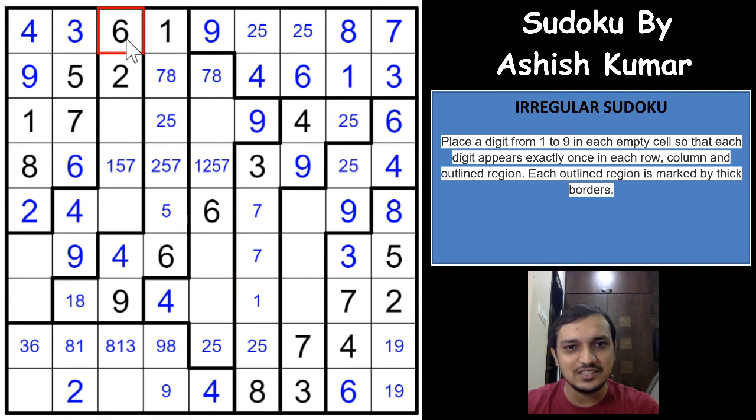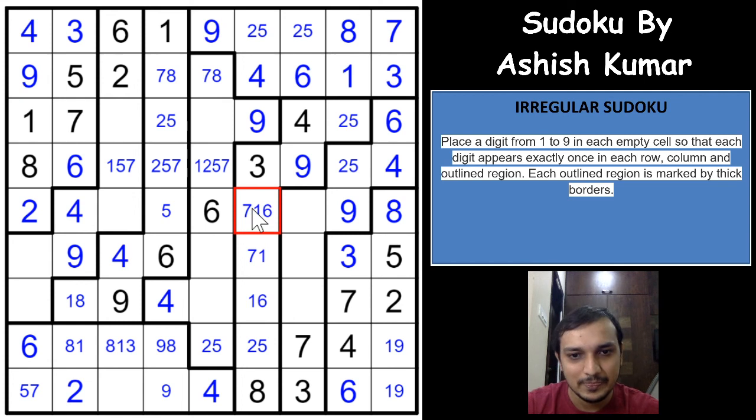Or maybe we can directly see that because of the 6 here, there cannot be 6 in these two cells, and because of the 6 here, 6 has to be here, right? Thank God we have found that. And because of the 6 here, the 3 digits here are 3, 5 and 7. 3 cannot be here, so it has to be 5 and 7. Oh, so 1, 6 and 7 were the digits here, right? So 7 cannot be here, it has to be 1 6. 6 cannot be here, it has to be 1 7, and this has to be 1 7 and 6. And 3, 5 and 7, because of the 3 and 5, it has to be 7 here.